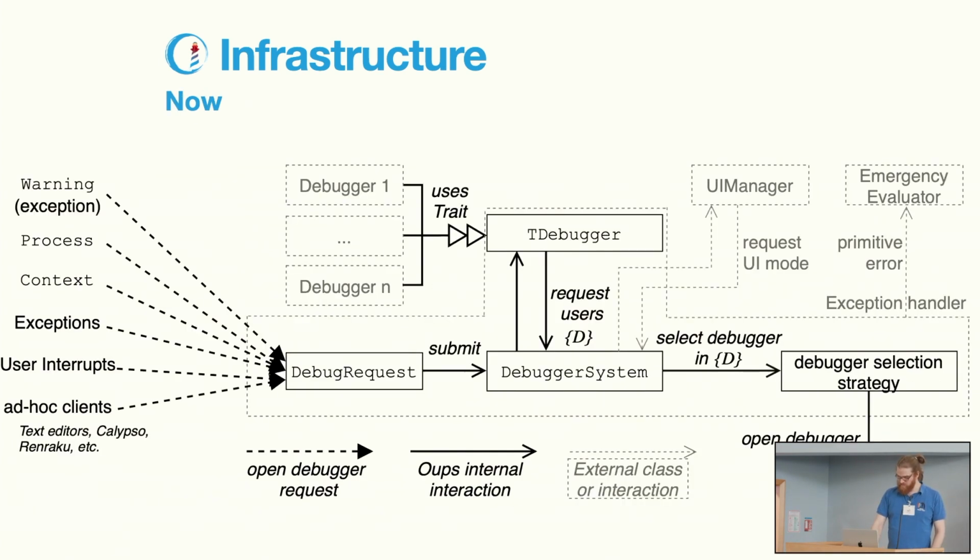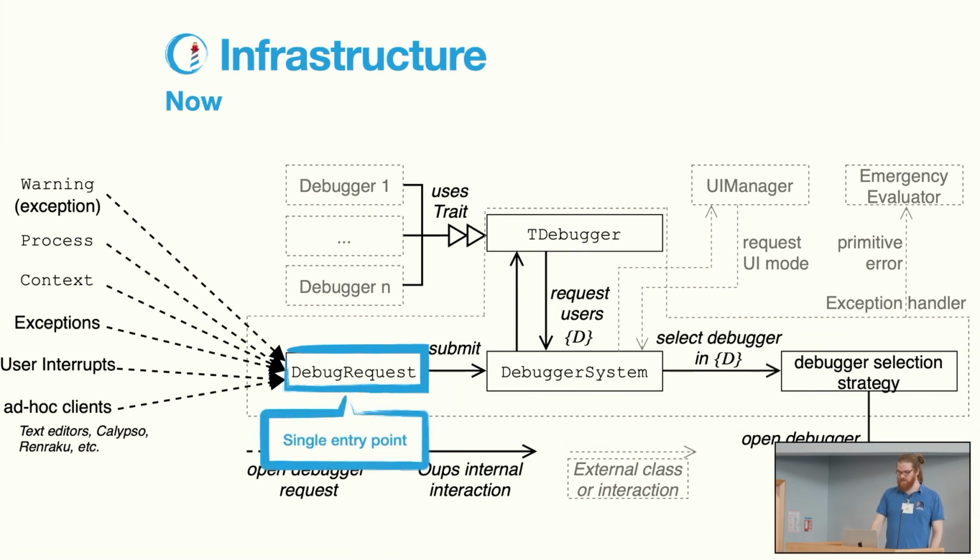So we tried to redesign this. So now all our clients, they use a single entry point here. And so basically, when you want to open a debugger, you create a request. That request, you configure it with the context of why you are opening a debugger. And this is the only means to open a debugger. This request is transmitted to a debugger system. It's an object that will look at the list of debuggers in the system and choose one of the debuggers